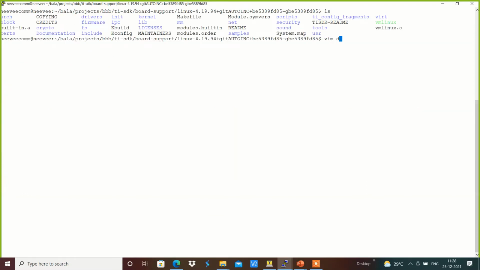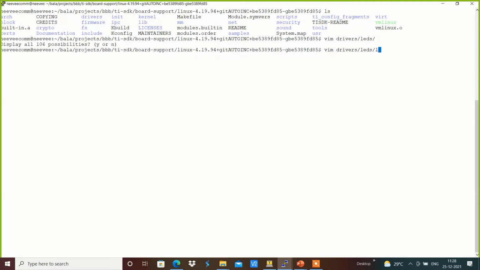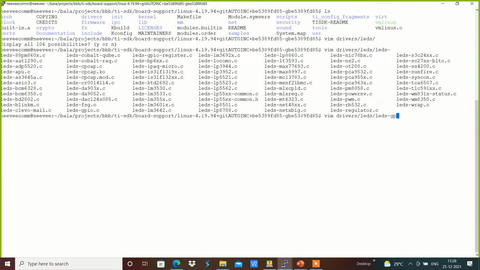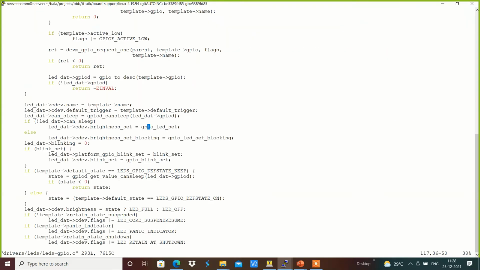We have this drivers and LEDs, and we have something like leds-gpio.c over here. The driver is here, but from sysfs, how does it get from sys? So in sysfs, you have to set this attribute for brightness. Yes, for that only, it will get created.